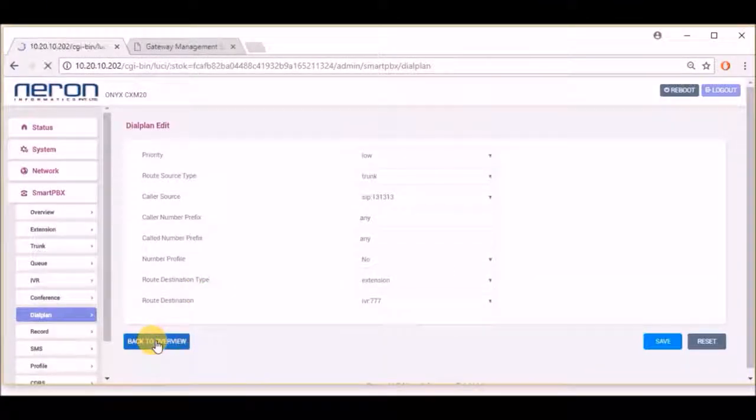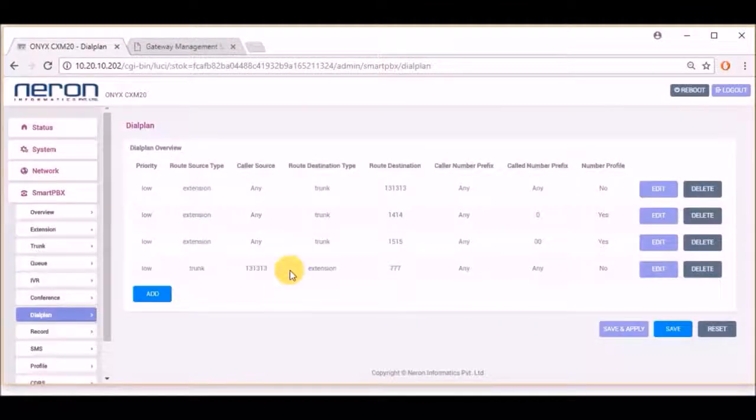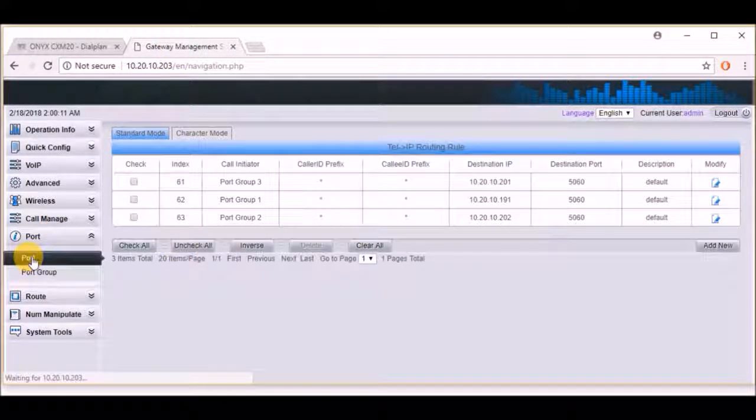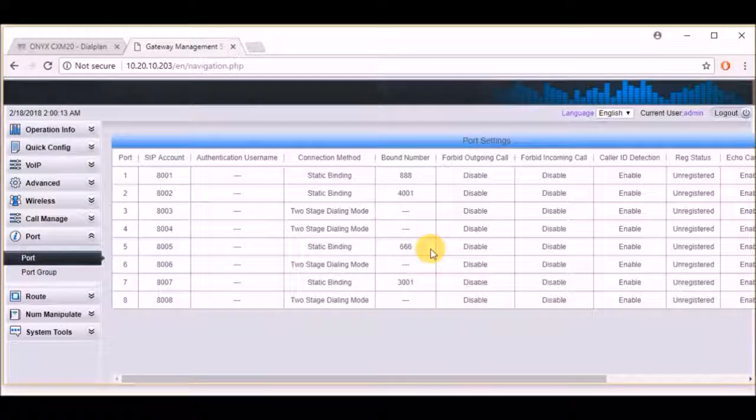Back to overview. As you can see, the dial plan has been created. Now we have to configure it from the GSM gateway side also. So here we have to go to the port, click on port. You can see the 5th SIM port has the static binding number, the queue number.